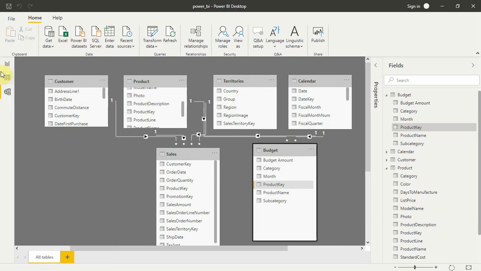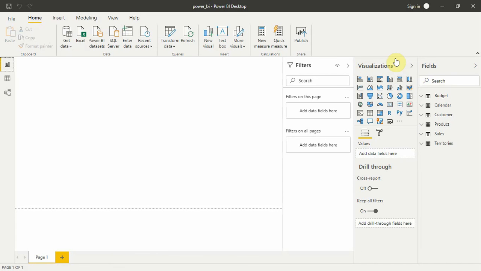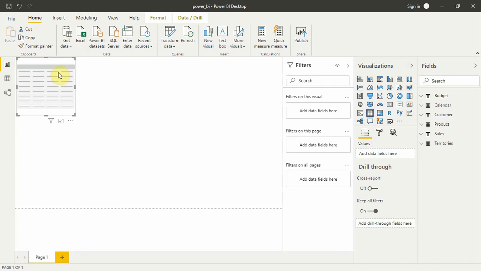Now we'll come to our report tab and see the magic of our models. We are here, and we can see this visualizations tab. We'll select a table here. This is an empty table right now.